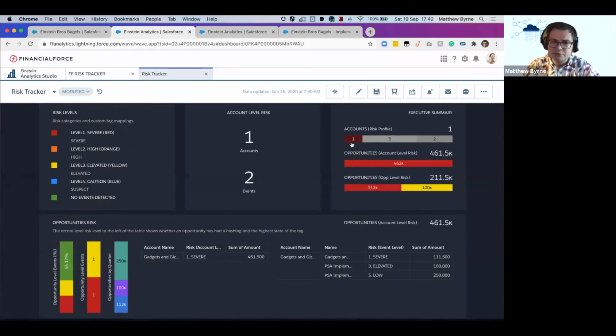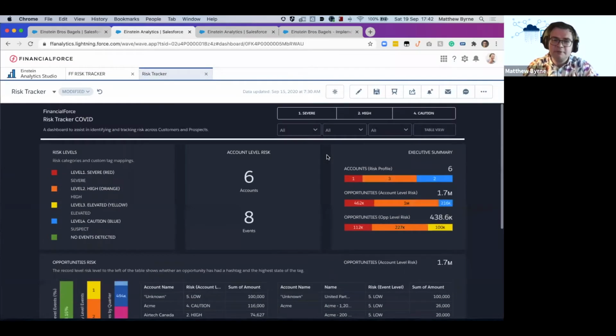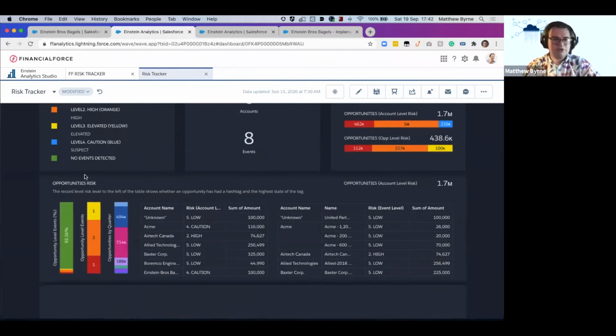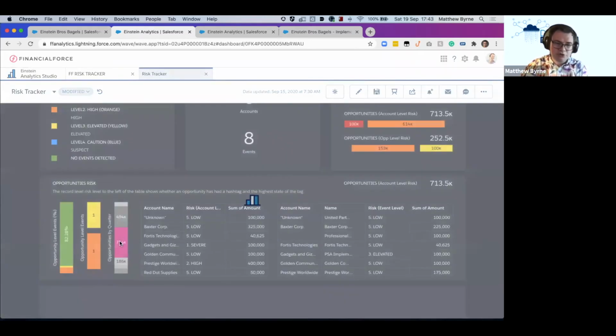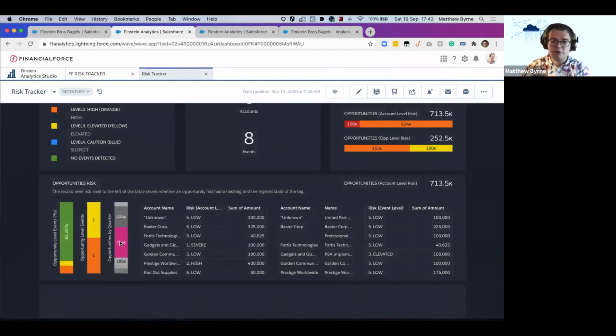Now, something else that was quite important is not just the ability to filter through faceting, but to have a look at the business as a whole. So we can see that over here, 93% of my opportunities are low risk. Okay. I can also see a breakdown of my opportunities again, but something that was asked for was to see it broken down by quarter. So if I want to have a look at a particular quarter, maybe an upcoming quarter, to have a look at the risk and see how my business might be affected.